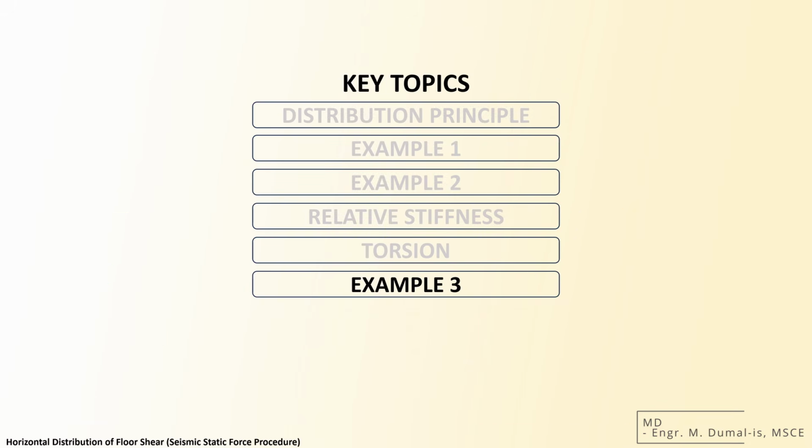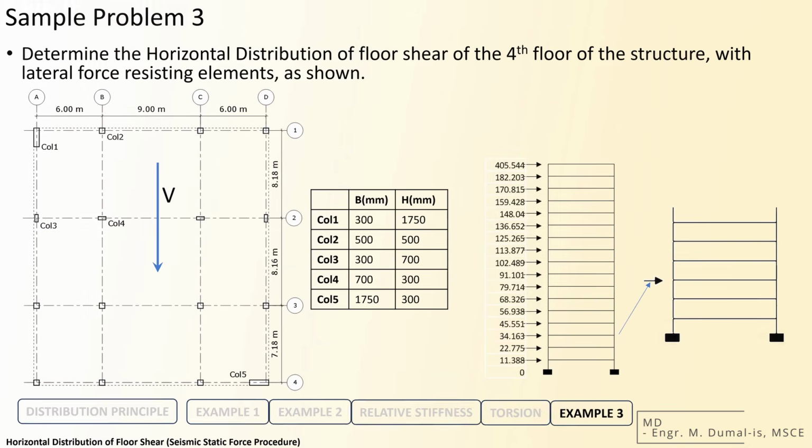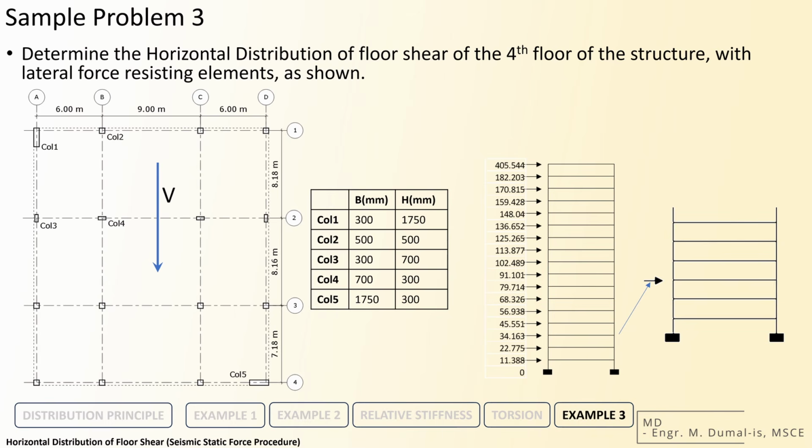Having established the principles of natural and accidental torsion, along with bidirectional shear effects, we will now synthesize this knowledge to tackle example number 3. This exercise integrates all preceding concepts: stiffness distribution, center of rigidity determination, and torsional calculations into a cohesive analysis. The requirement is: determine the horizontal distribution of floor shear of the fourth floor of the structure with lateral force resisting elements, as shown. The provided shear under fourth floor is negative